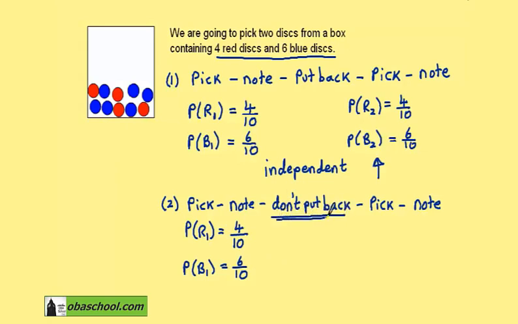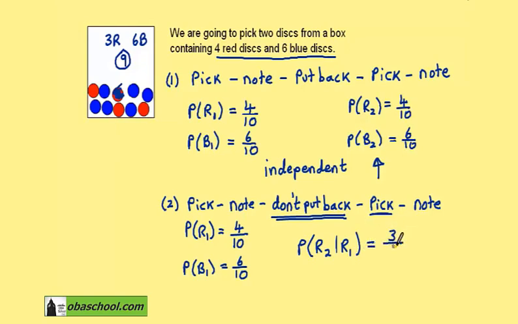Now the situation changes. We don't put the disc back before we pick the second time. Let's suppose that on the first pick we pick a red, so this red is removed from the box. That gives us a situation of 3 reds and 6 blues, a total of 9 discs in the box. This is the point where we make our second pick. The probability of getting a red on the second pick, if we got a red on the first pick,